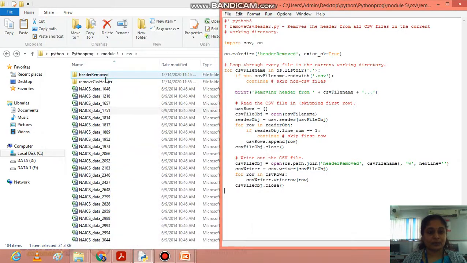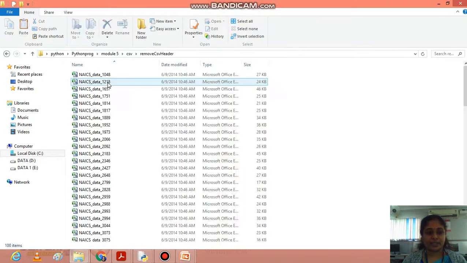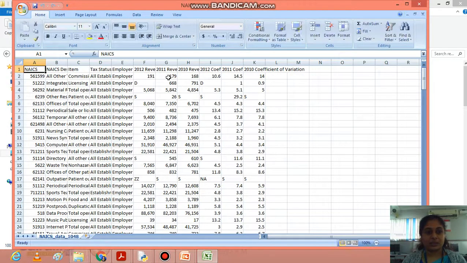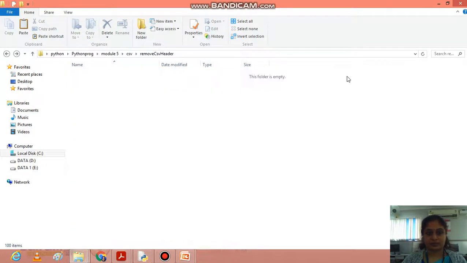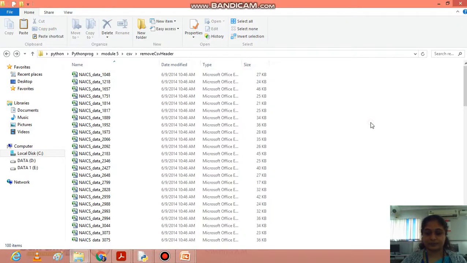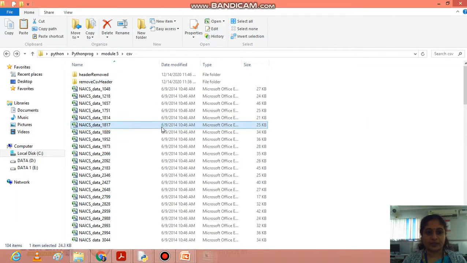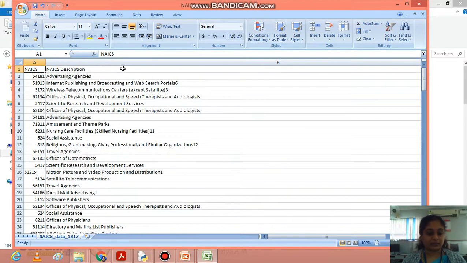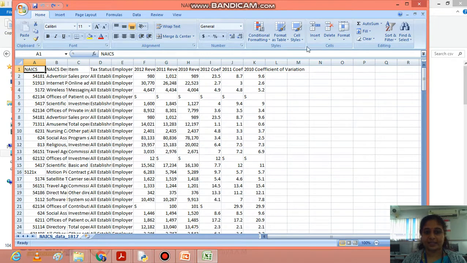Then if I go to the header removed folder, it has the files without headers. We'll open this file, which contains headers like NIC, item tag, status and so on.